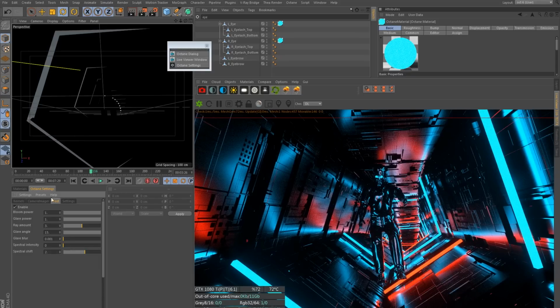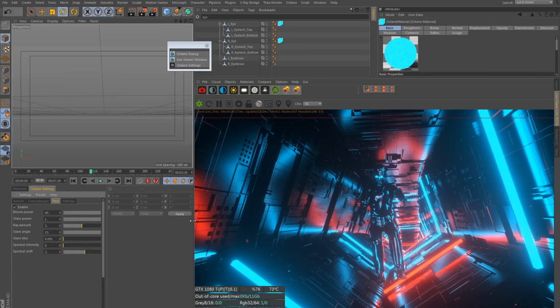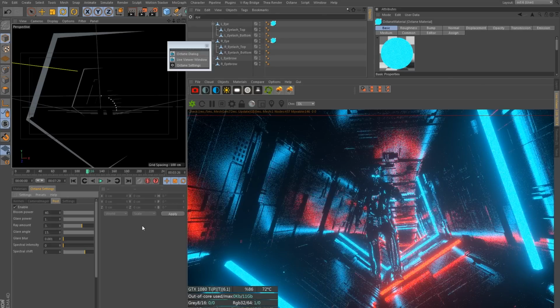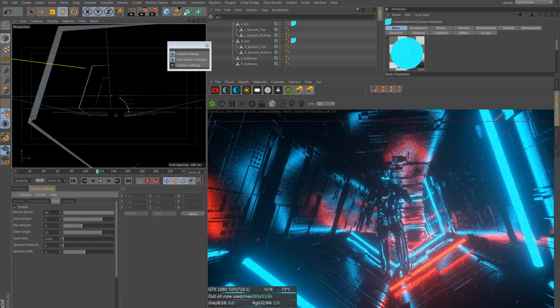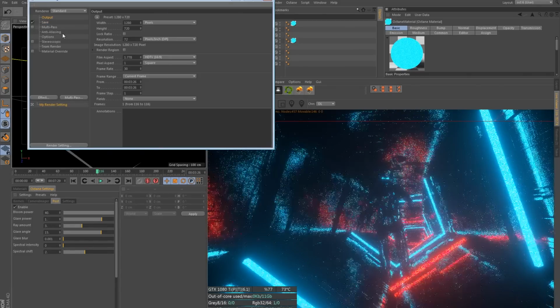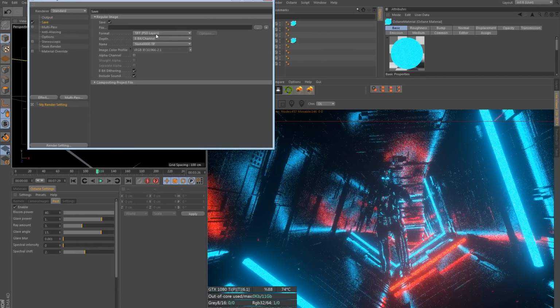It's entirely up to you, and you can maybe do a mix of the two somehow. So I'll go with 40 for the bloom power, and I think this is quite good. So I would line this up to render. Just go to your render options and output your frame size and then your location, maybe